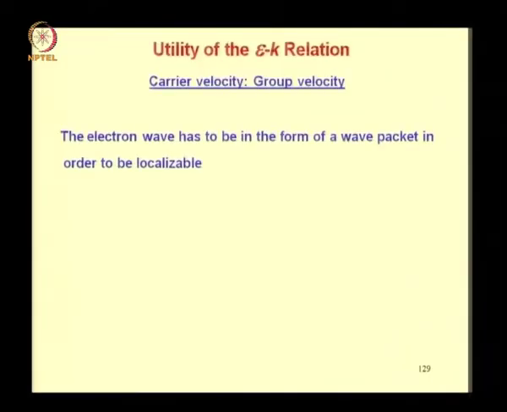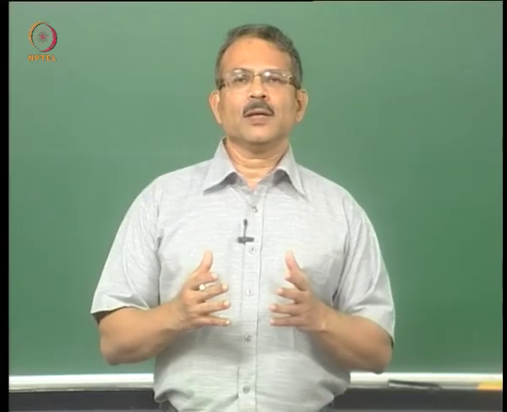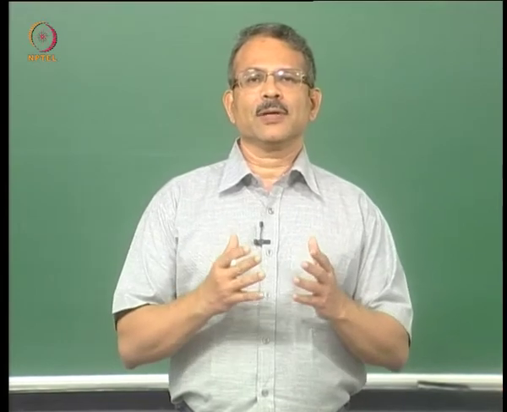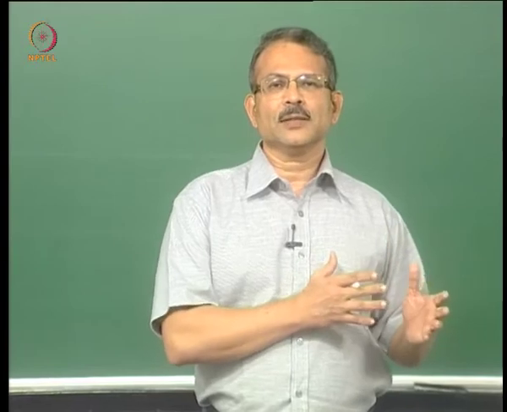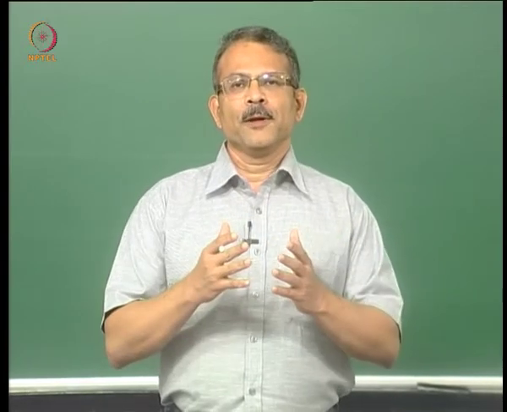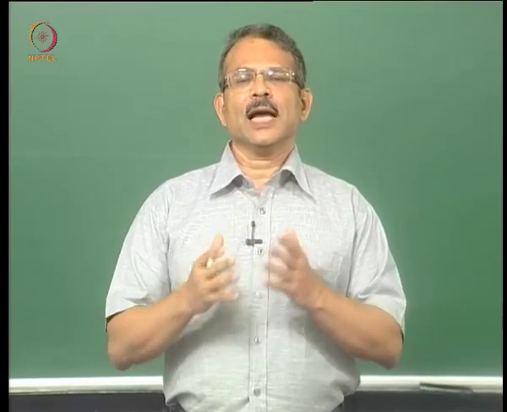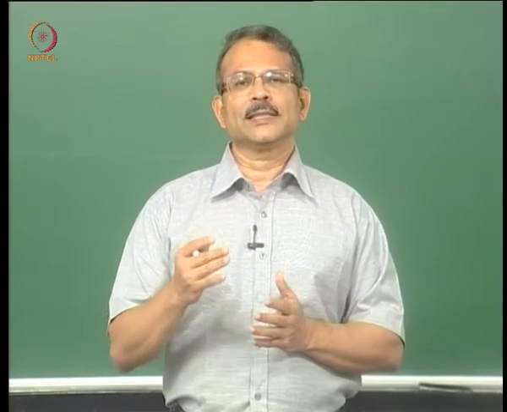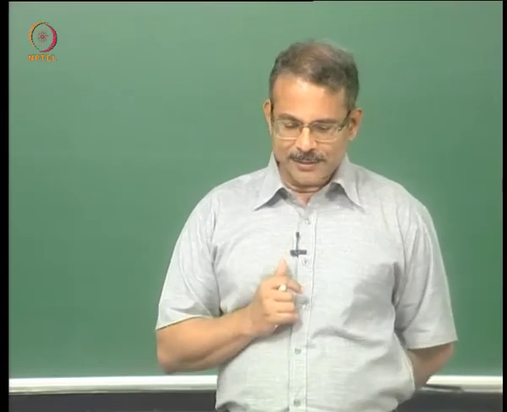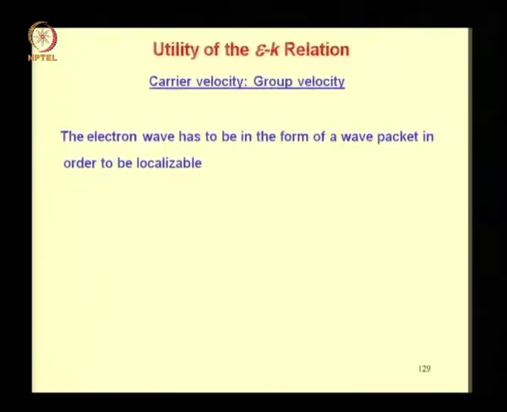The electron wave has to be in the form of a wave packet in order to be localizable. So we have pointed out that when you want to discuss the behavior of electrons in a crystal, in contrast to the situation for a free electron, the electrons in a crystal have to be treated quantum mechanically, or the electron should be regarded as a wave. Now once you regard the electron as a wave, it has to be in the form of a wave packet in order to be localizable,